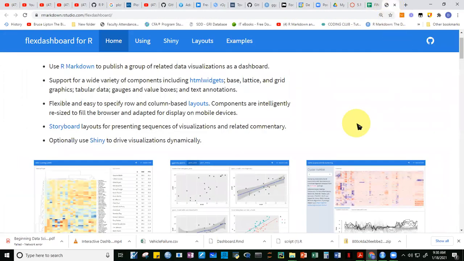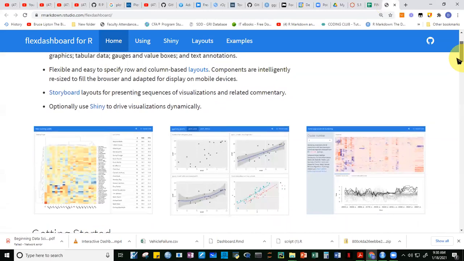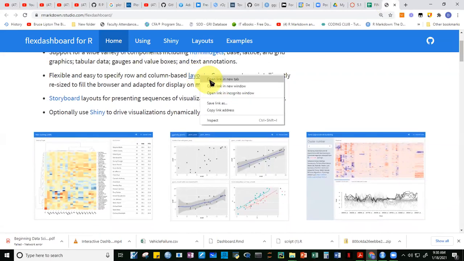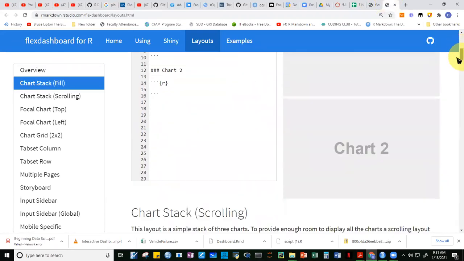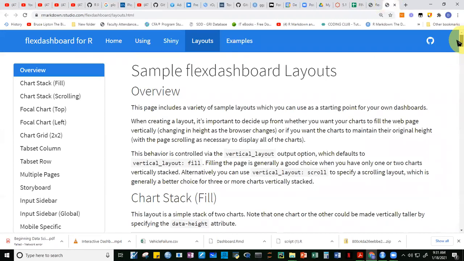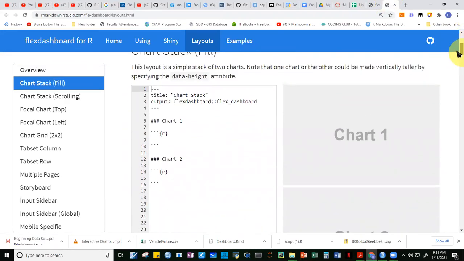Okay, so there are several layouts that you can choose from. It can be row based. It can be column based. Okay, so these are the layouts. Let me check what this link gives us. Okay, so there are some examples here. So for the layouts, guys, you can do a